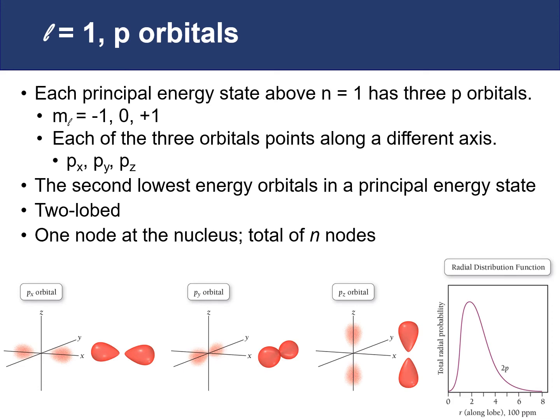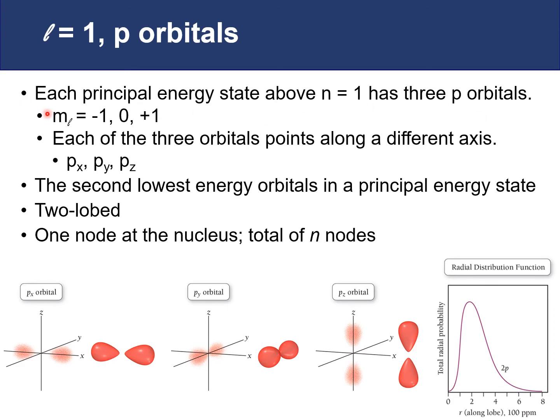The second lowest energy orbitals are the p orbitals. This is when L is equal to 1. In order for L to be equal to 1, you must be at n equals 2 or higher, because again, your L values range from 0 to n minus 1. So in order for you to have p orbitals where L is equal to 1, your n has to be at least 2. So each principal energy level above n equals 1, so 2 and higher, will have 3 different